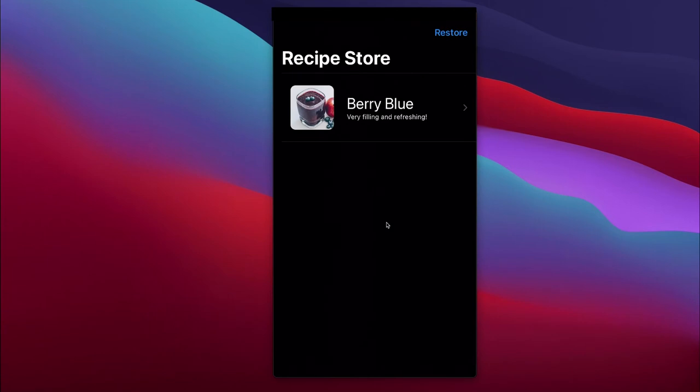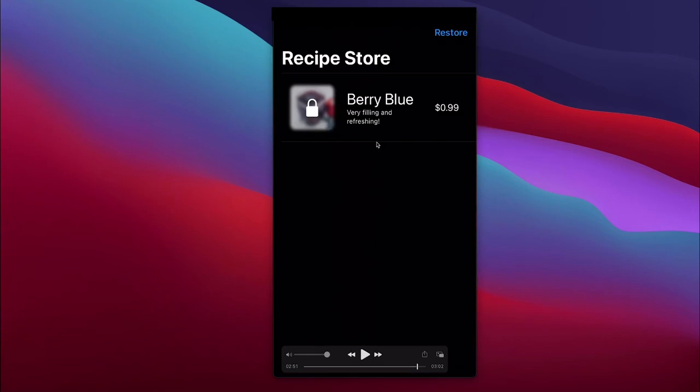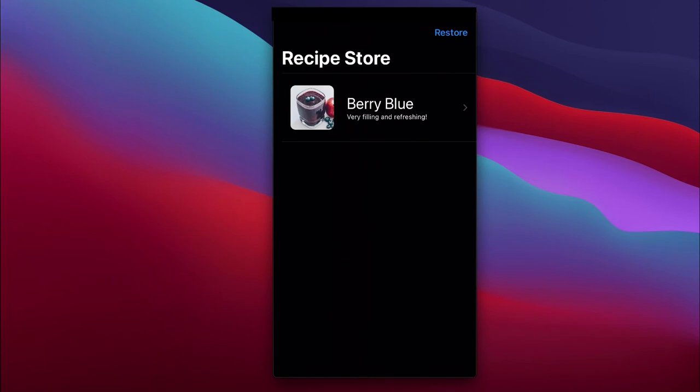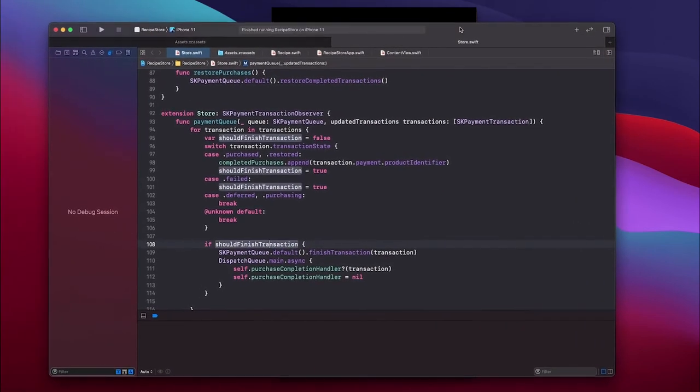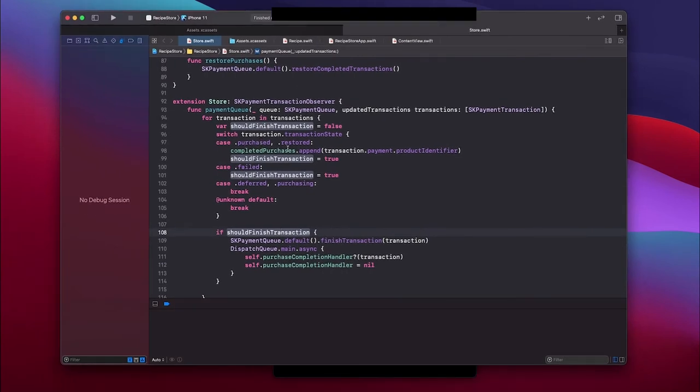As many of you noticed, when we close this app and open it again, we will see that the item is locked again. If you wanted to unlock it, the only way was to press this restore button. And what happens when you press this restore button is it actually connects to the App Store and tries to load all the purchases. So here I am in the Store.swift file, and what happens is